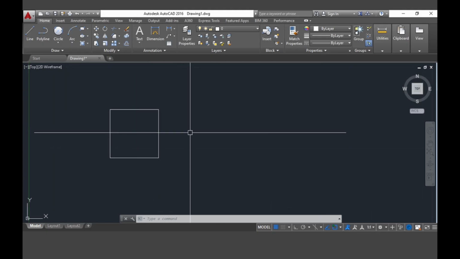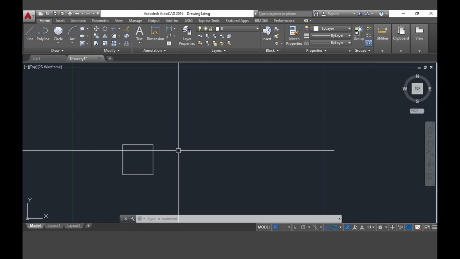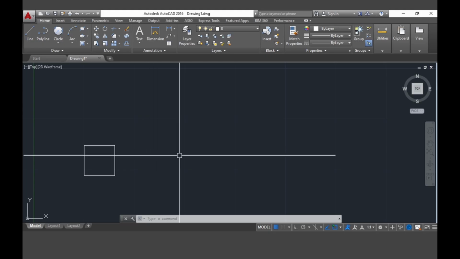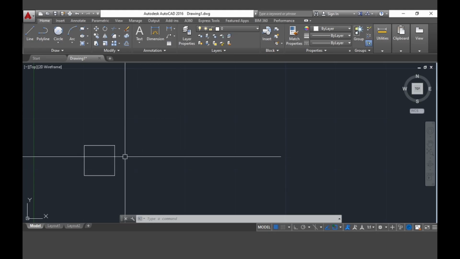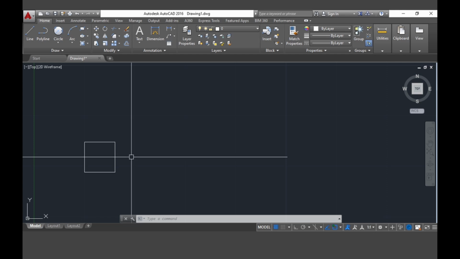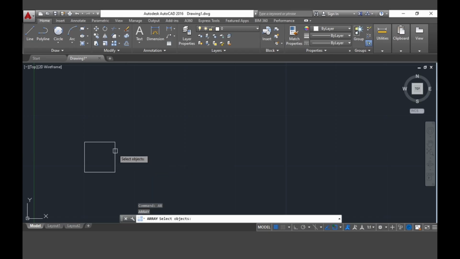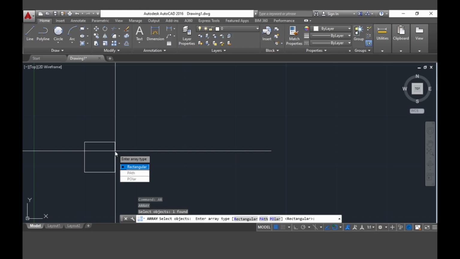Now I have my first box, and I've said earlier we will be working on 6 figures and patterns. Therefore, I still need 5 more. And to do that, I can just apply the array command by just typing AR, which signifies array, and press enter. After that, we will be selecting our object, then press enter, and after doing that, we will be promptly asked